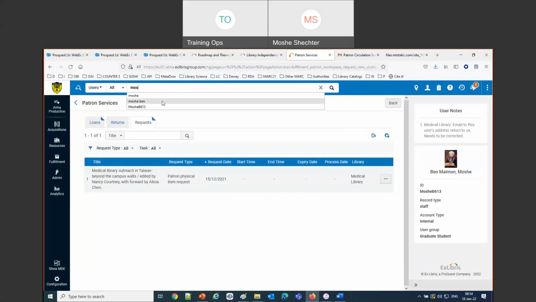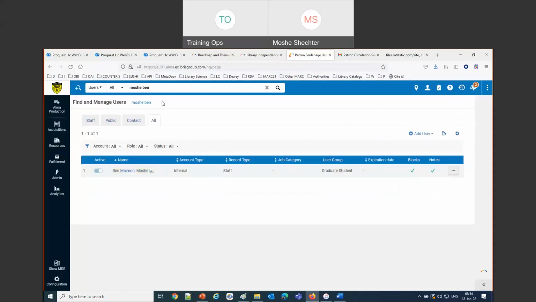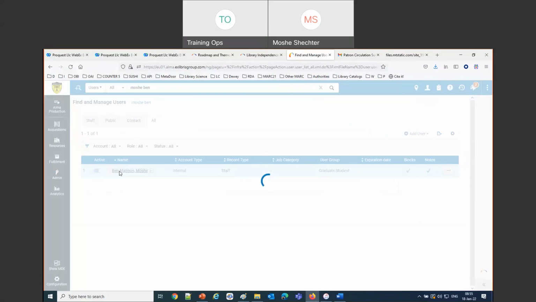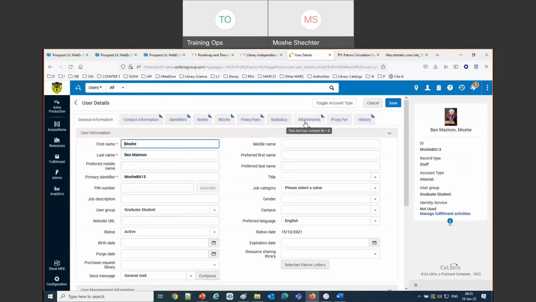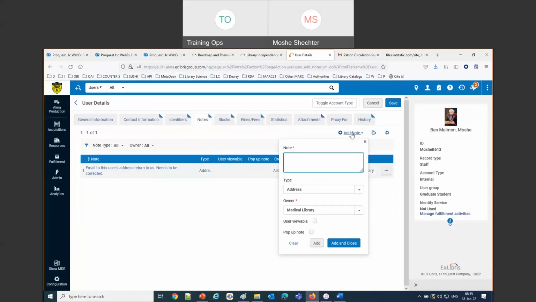I'm going to stay in now as Jethro. Jethro is associated with the medical library, right? I'm in as Jethro, yes. Now note here, if I want to create an attachment or a note, and I say add note, no pun intended, pay attention that the note now has an owner field.